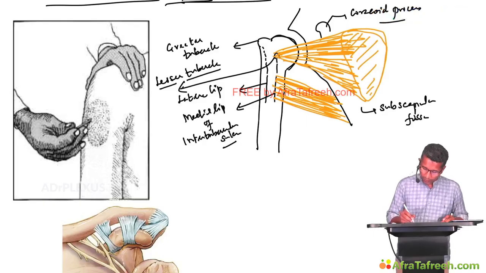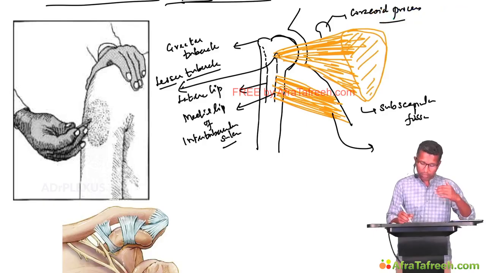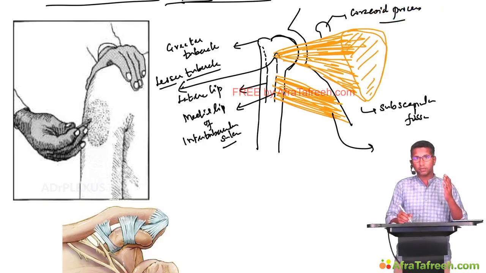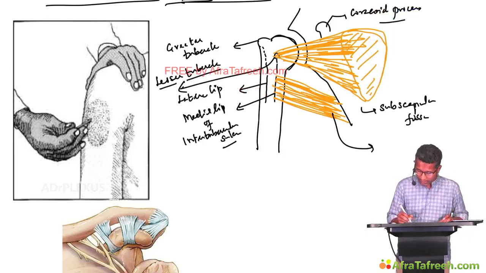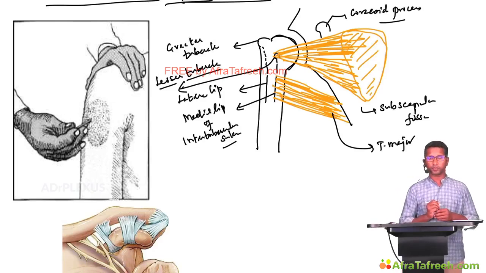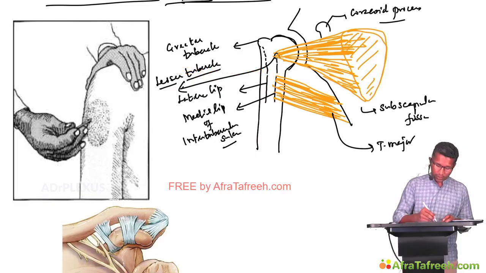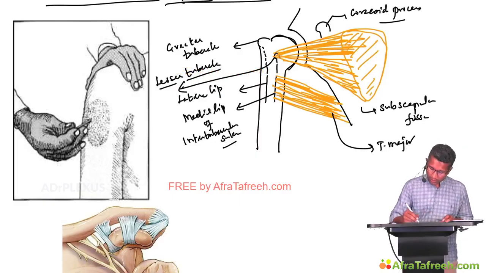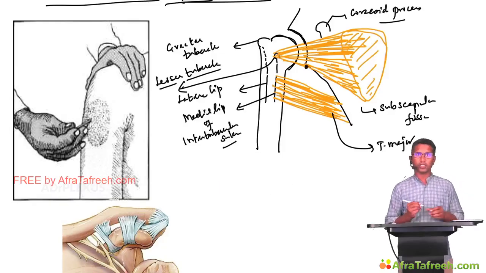So the muscle which arises from the lateral border of the scapula and gets inserted into the medial lip of the intertubercular sulcus is called the teres major muscle. Now you get a cavity here. This is the glenoid cavity. So below the glenoid cavity you get a tubercle. This is called the